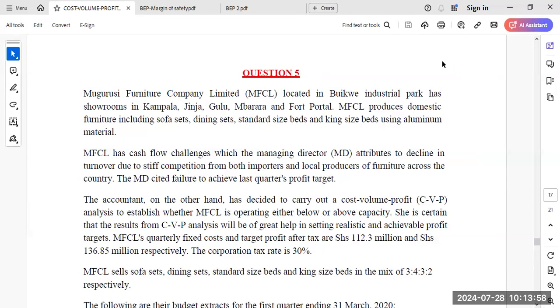But all I want is that, colleagues, you don't cram these things. Try to appreciate the concept. Try to understand how these things are actually answered and how these things are applicable in our real life situation, especially if you're a manager or even accountant. One time you will need to apply this tool. However much it has its own limitation, it has its own demerits, but at least if you are in a company,